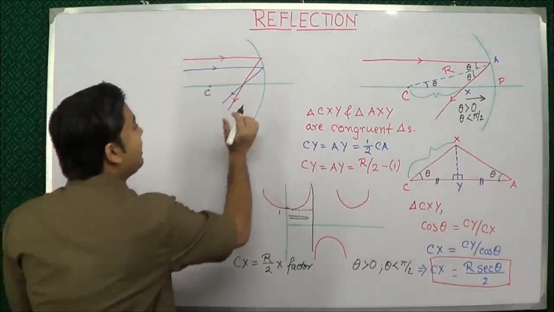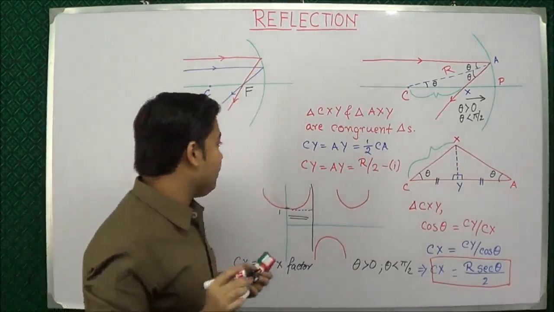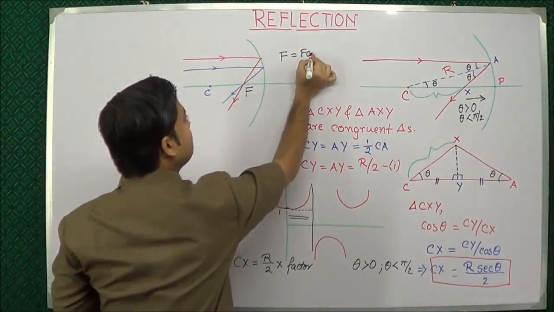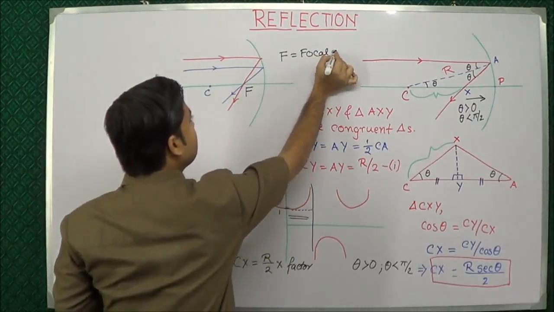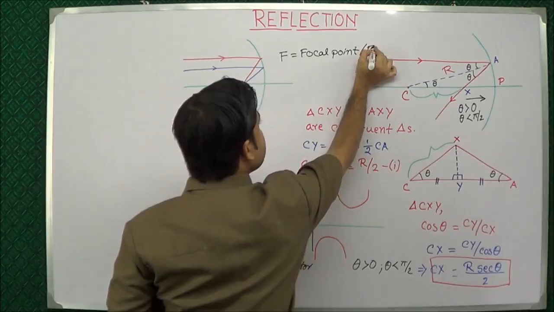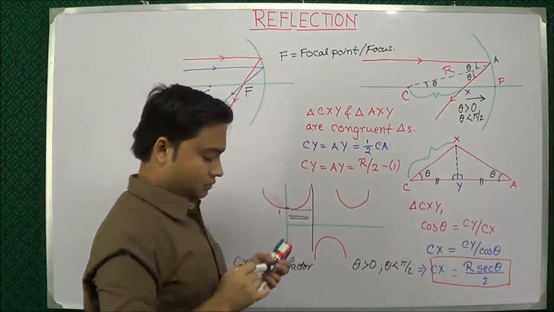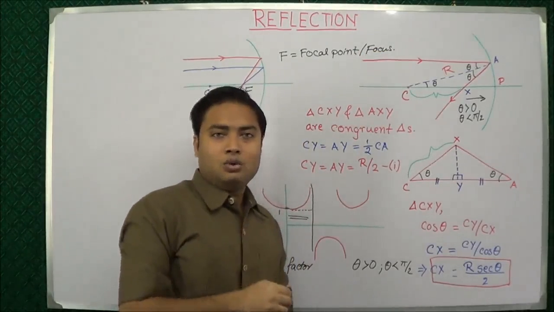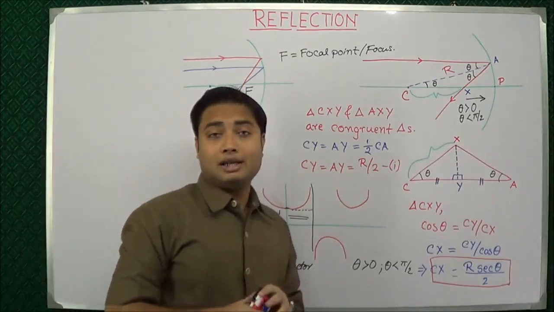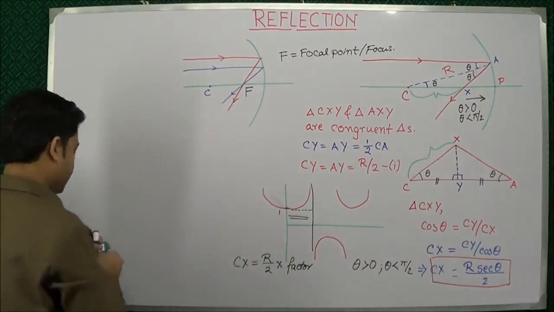So we can say now that this point is F, where F is the focal point, or simply known as the focus of a spherical mirror. Right? Now, say for example, if this is not the case, then what will happen? Yes, obviously, as we have seen,